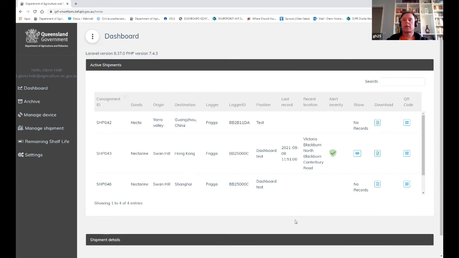But when it does connect to the network, it should send some information through. So that's just a quick overview of what to do after starting the logger and then setting it up on the dashboard. And then we can check this periodically, or if we get an alert through the email, we can see what's happening with the temperature and also the location.